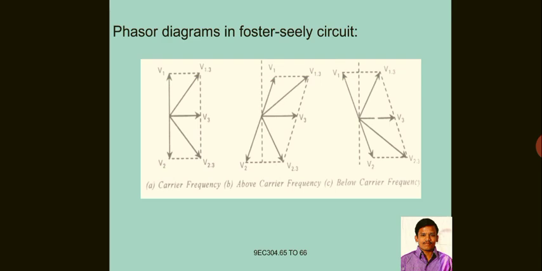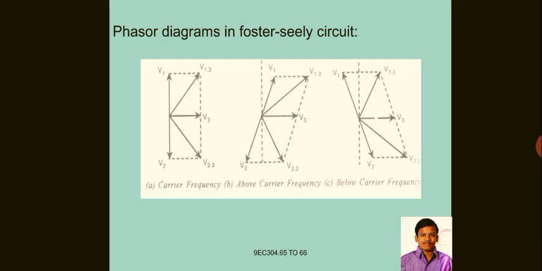From the center tap transformer, as maybe you know, the input voltage is divided exactly into two half voltages that are out of phase. That means, suppose whenever 10 volts is given, it will be divided into two equal halves, that is 5 volts each, but with opposite signs: one is plus 5 volts and the other is minus 5 volts.